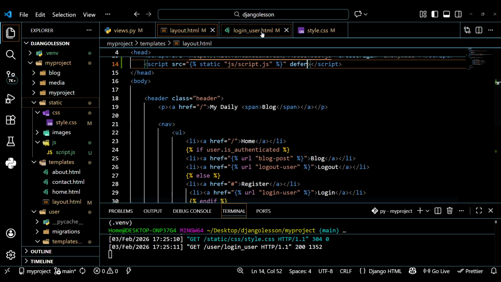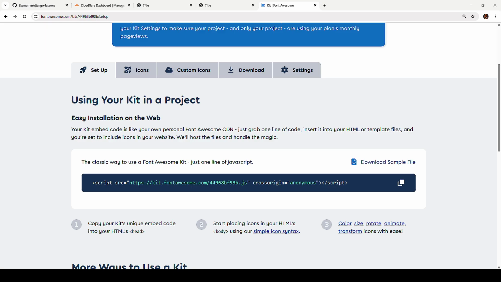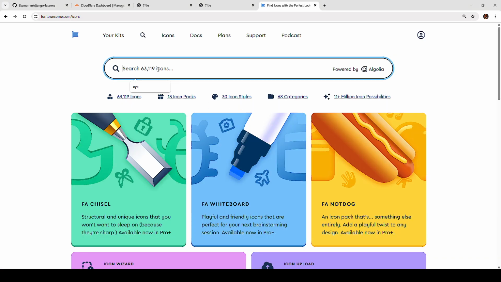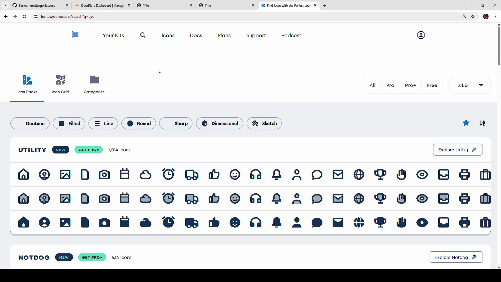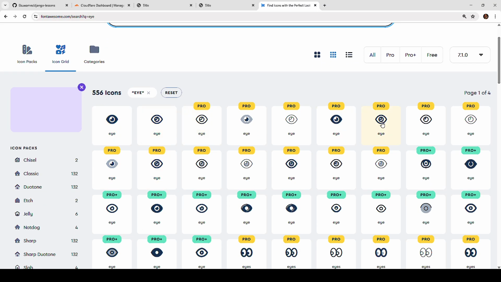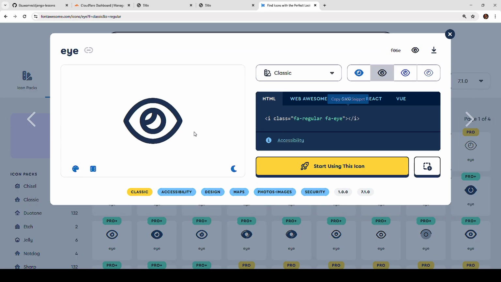So the next thing, go back to your login. So we need to put .hi icon here. So go back to your website here, Font Awesome, and then click here on icons. Then we'll have to search hi, like that. There are like so many of them. Just take the free one here. There are two types. We need to take this one. You can choose any, but you just have to stick with the one. So I will take this one with